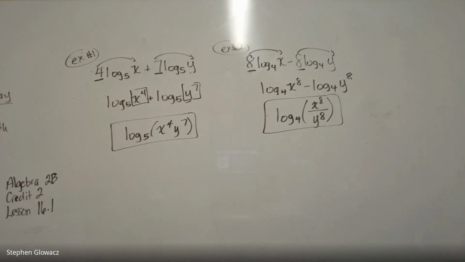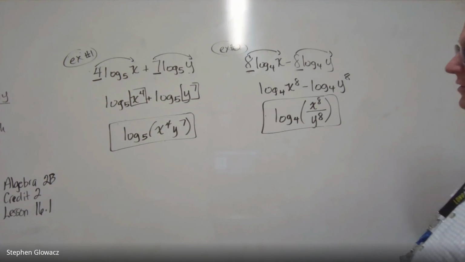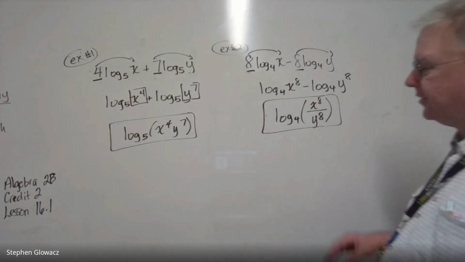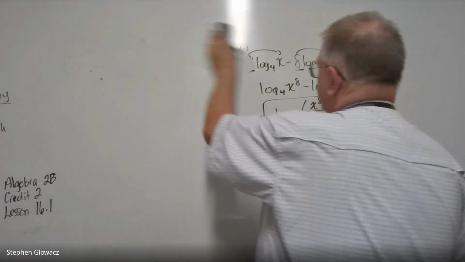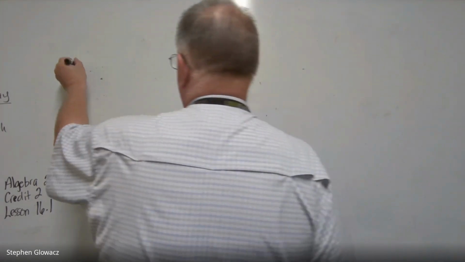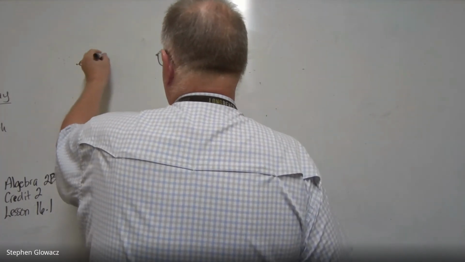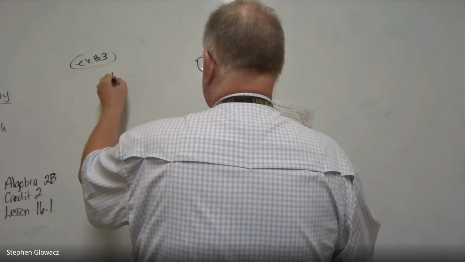All right, so that's it for our examples for 1 and 2. Again, maybe pause, study the problem so that you have a good understanding. All right, so now taking a look at example 3, our example for problem number 3, we're going the opposite way from what we did with problems 1 and 2, in that we are given a single logarithm